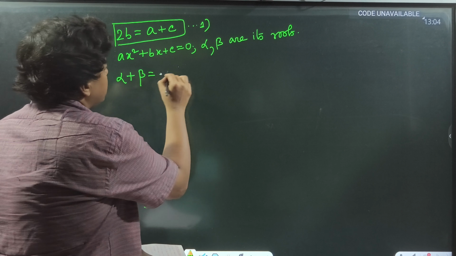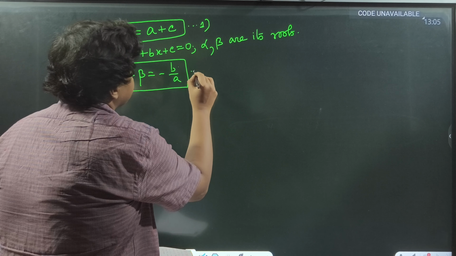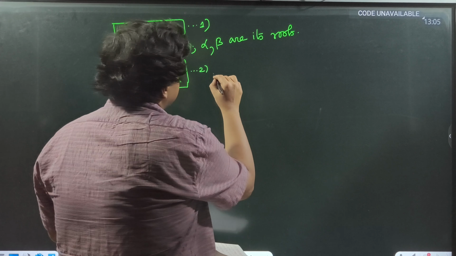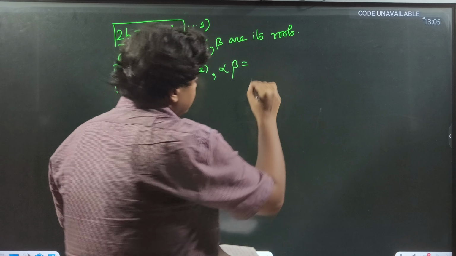Then alpha plus beta will be equal to minus b by a and the product of the roots alpha beta will be equal to c by a. This is fairly ordinary and everybody knows those things. So now, dividing both sides of equation number 1 by a, I reiterate, dividing both sides of equation number 1 by a, we easily get